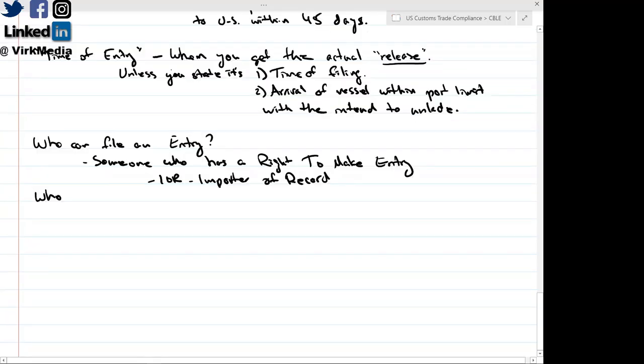But who can be the importer of record then? In theory, anyone with a financial interest somehow can become the importer of record. But for exam purposes, there are three people you need to know that can actually become the importer of record. One, the seller, whoever sold the items. Two, the buyer, whoever bought the items. And